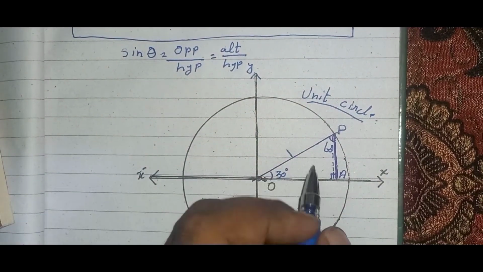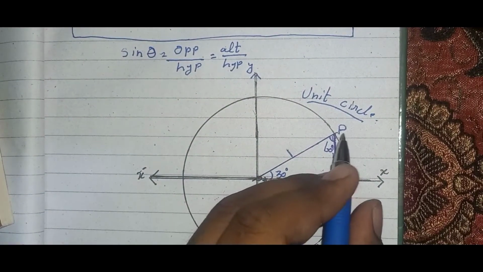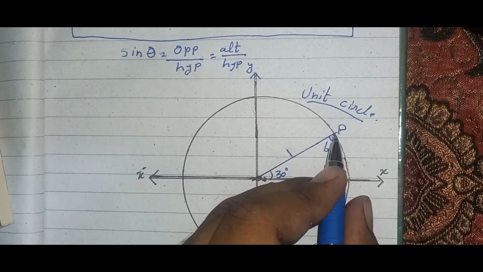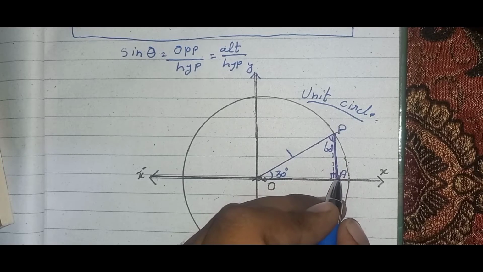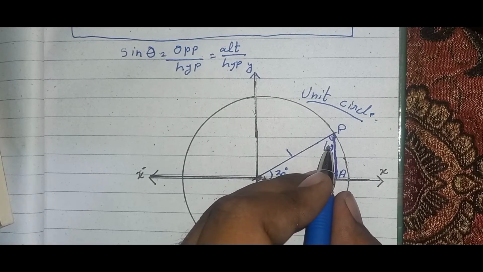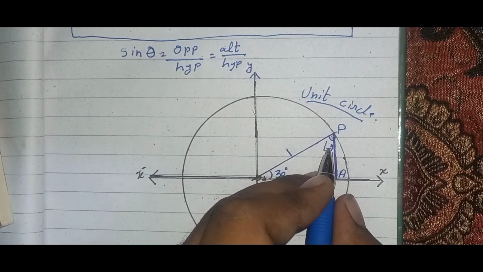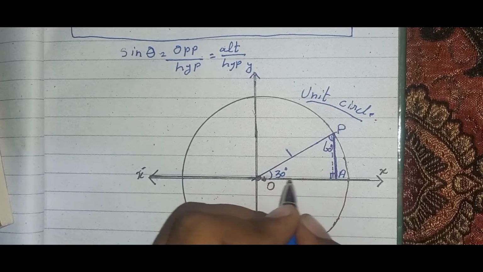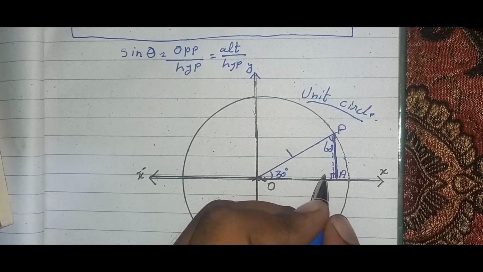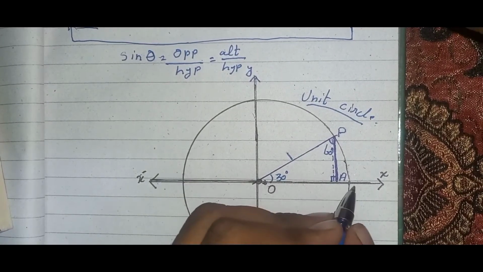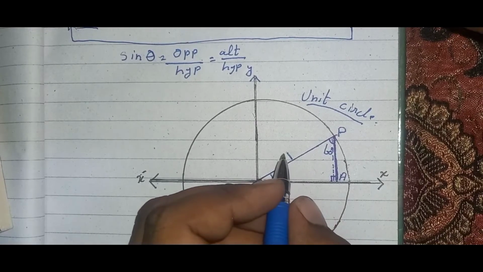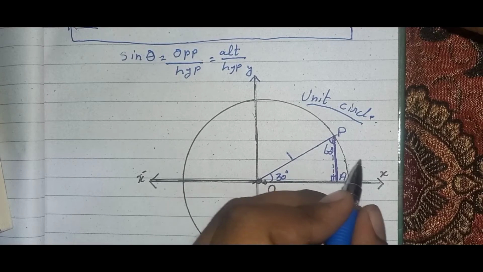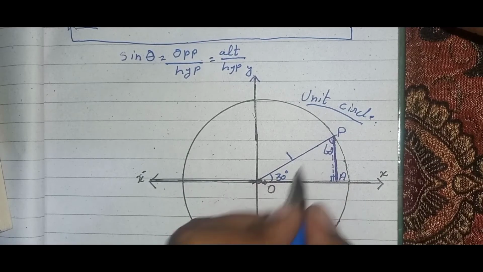So this is our right angle triangle. If we want to find the value of 30 degree, here we draw a perpendicular which is equal to 90 and this remaining angle is 60 degree because we know that the sum of all the angles in a triangle equals 180 degree. So we only know this value. So what will be the value of AP and OA?